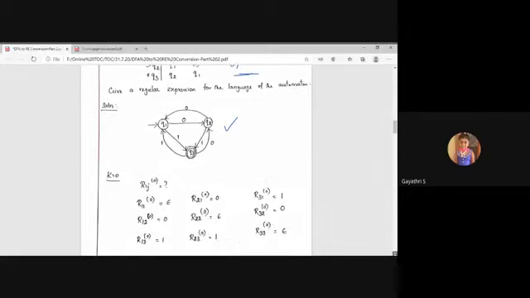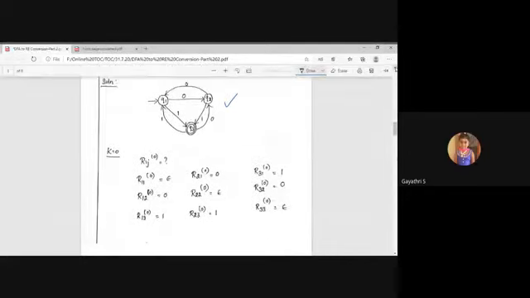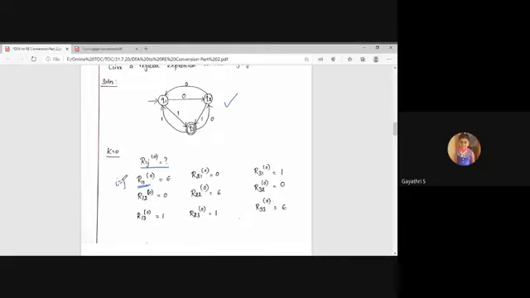First, the basis part, k equal to 0, which means Rij of 0. Since the number of states is 3, the possible pairs are 1 1, 1 2, 1 3, 2 1, 2 2, 2 3, 3 1, 3 2, 3 3. Nine things are possible here. Coming to R11 of 0, this is the case i equal to j, the self-state case. Is there any self loop here? No, so you just add epsilon.